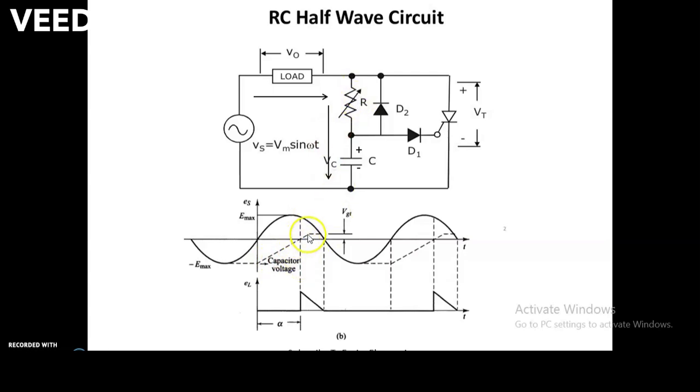When capacitor charges to this particular value, which is sufficient so that this diode D1 can turn on, then what happens? Diode D1 breaks down and capacitor now discharges through this diode D1 and gate of this SCR in this direction. Now this way we are getting gate current for this SCR. When this capacitor acquires sufficient charge to break down this diode, capacitor discharges through diode D1 and gate of SCR, and this way we are getting gate current to turn on SCR.